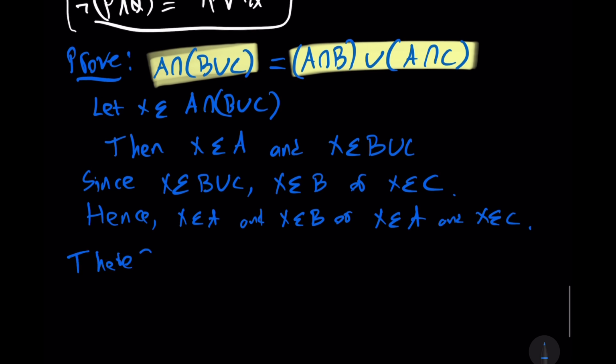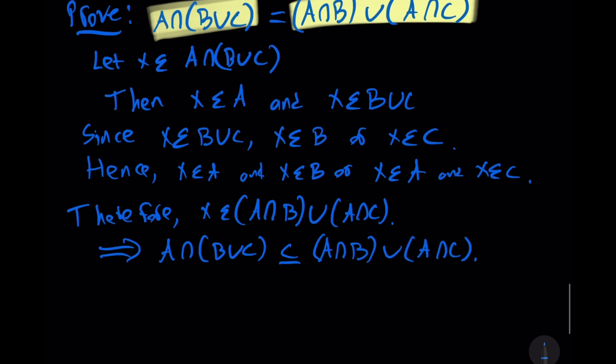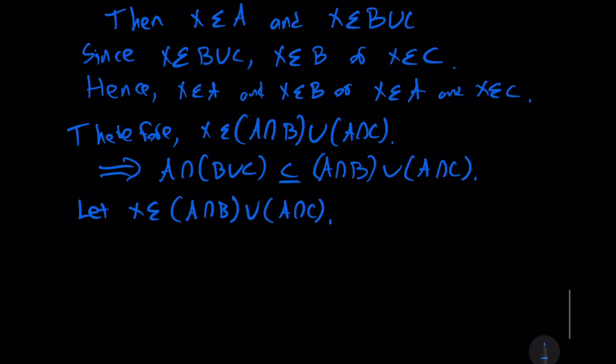Therefore, X is an element of A intersection B union A intersection C. So this means that A intersection B union C is a subset of A intersection B union A intersection C. Similarly, we will let X be an element or member of A intersection B union A intersection C. So given that, with a direct proof, then X is an element of A